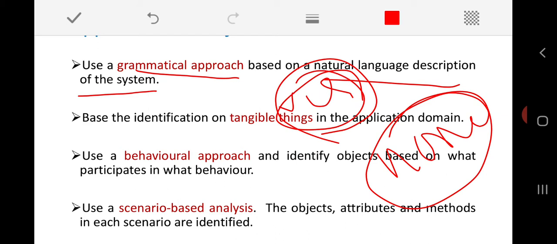So by going through the description of any particular component, system design or part of the system, represented in a natural language, this is the grammatical approach that we apply. We find out the major verbs and nouns, pick up those things, and take them as the set of attributes and operations for the related objects.